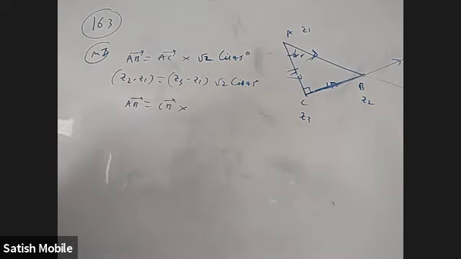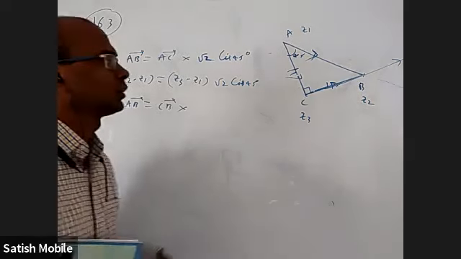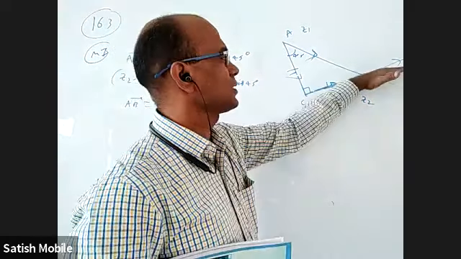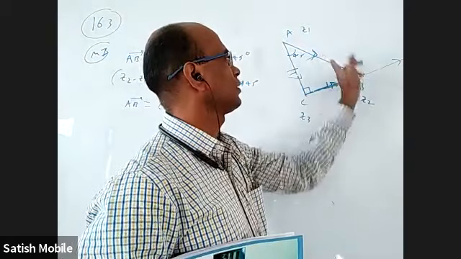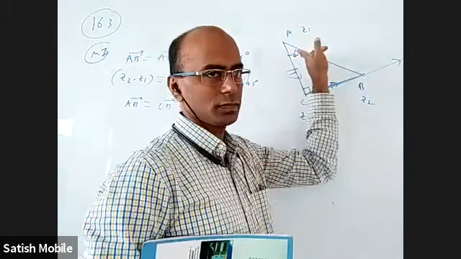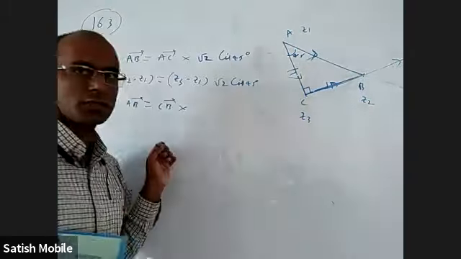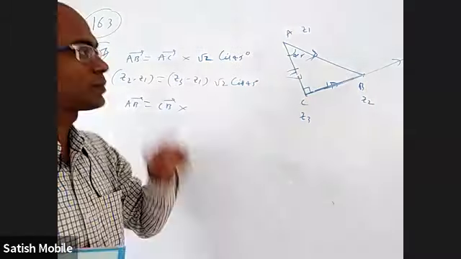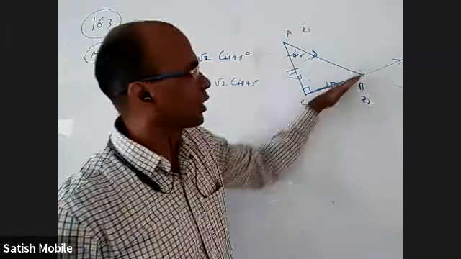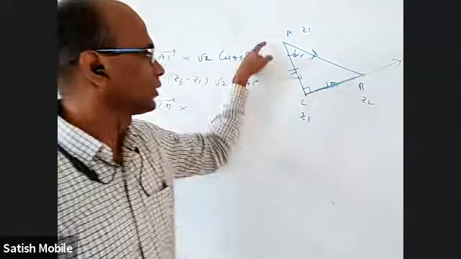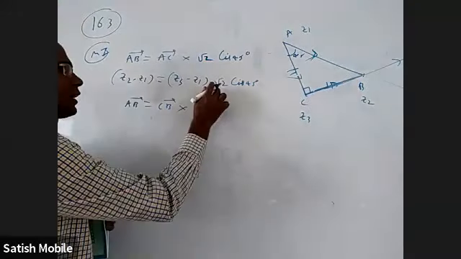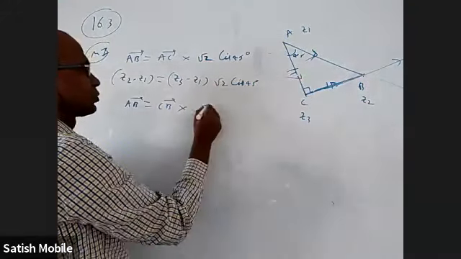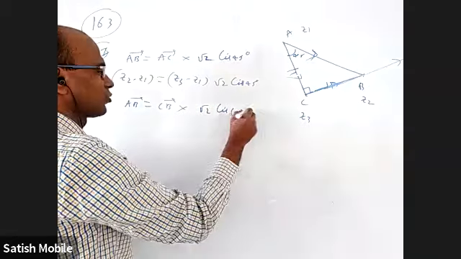135. If I take this and rotate by 135, I'll not get this direction. I'll get this direction. I can put a minus. This is minus 45. From here, I have to put it clockwise 45 in the same direction. So it is root 2 also, because this length is root 2. So it is root 2 cis minus 45.